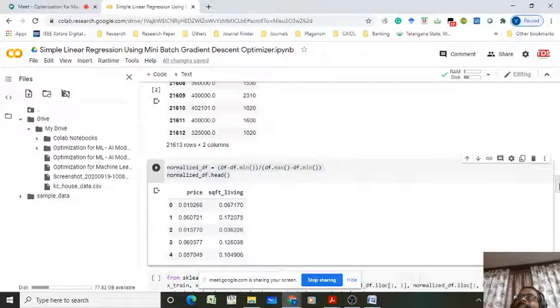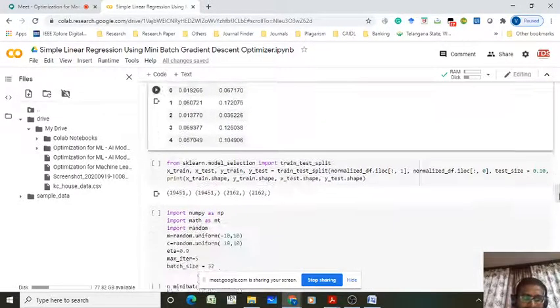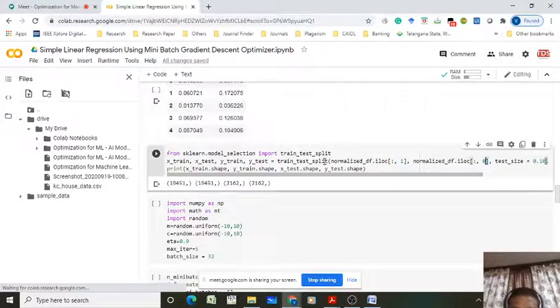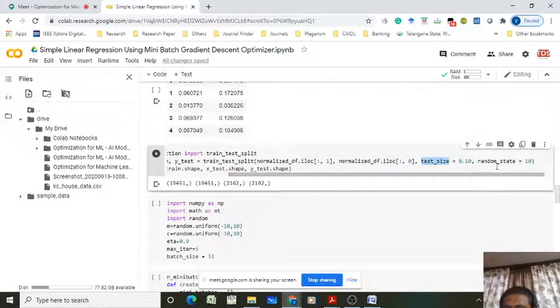So what next after normalization? We have the normalized data. What do we have to do next? Split into train set and test set. Perfect. So we have to split the data into a training data set and a testing data set, right? That is done here. While passing the train test split method, I am passing some parameters: this is the 1, this is the 2, test size is the 3 and random state is the 4, right?